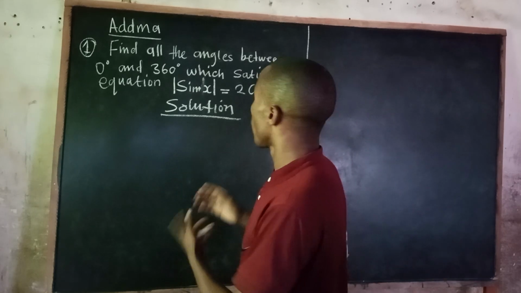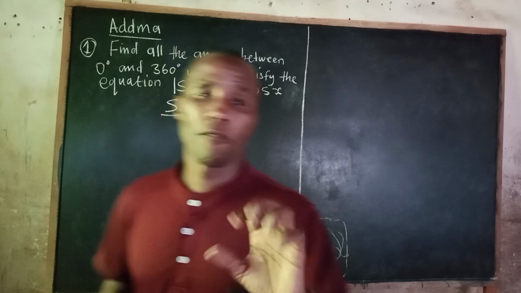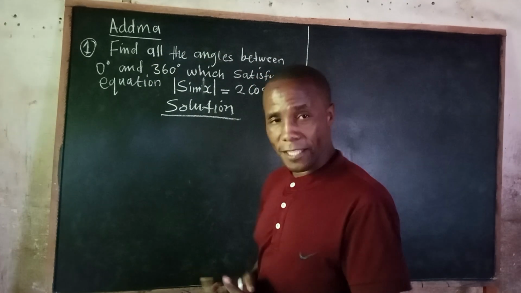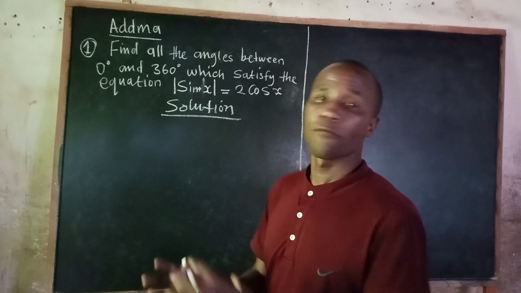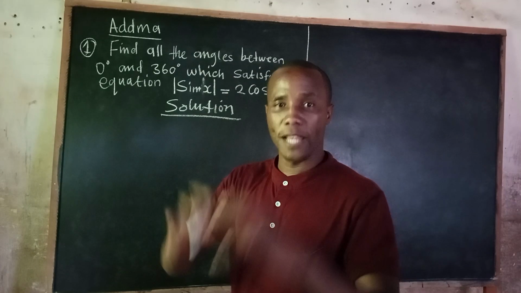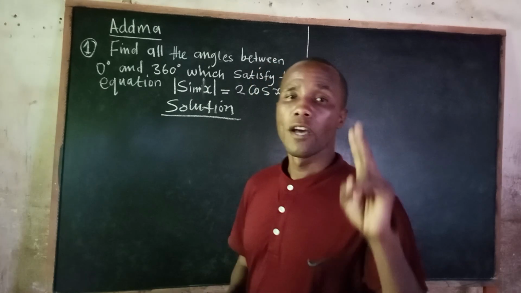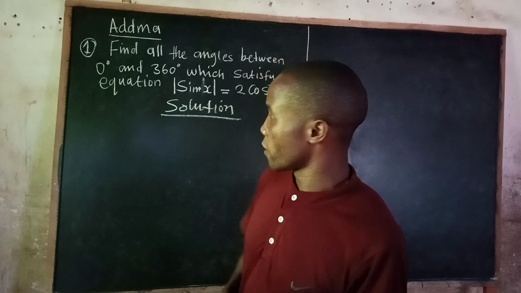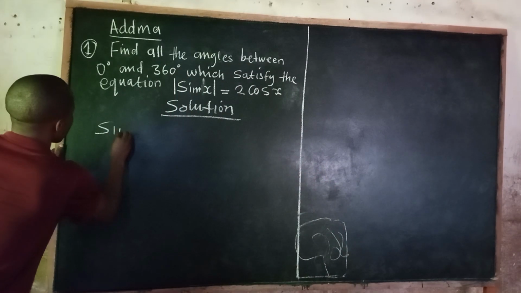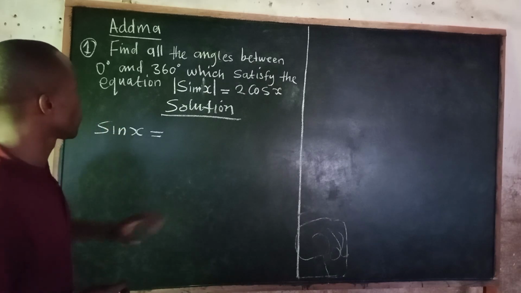For instance, when you are given a modulus of -2, you are going to have a positive 2. So now we are trying to reverse it, where they have already put it in the modulus form. Now we have to get it out of there. This is where we are going to have negative and positive. So what do I mean? We are going to say sin x is equal to, the first one, sin x